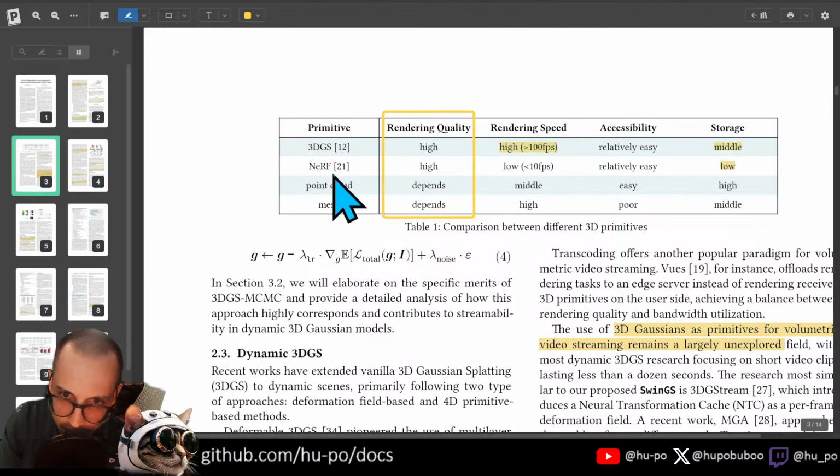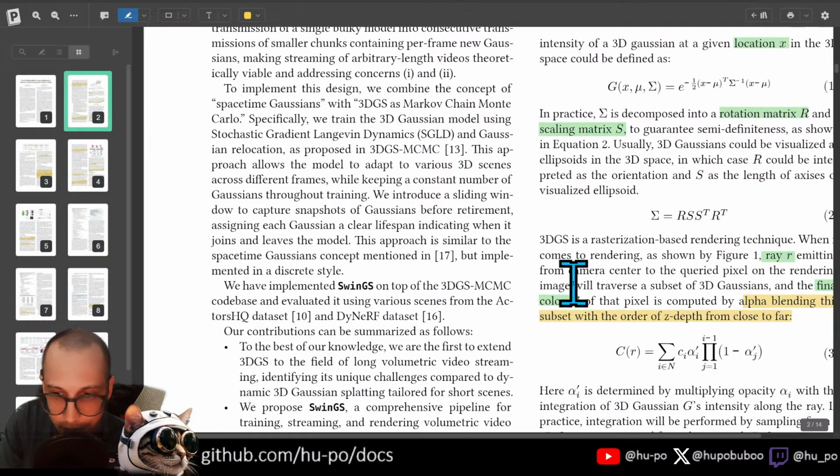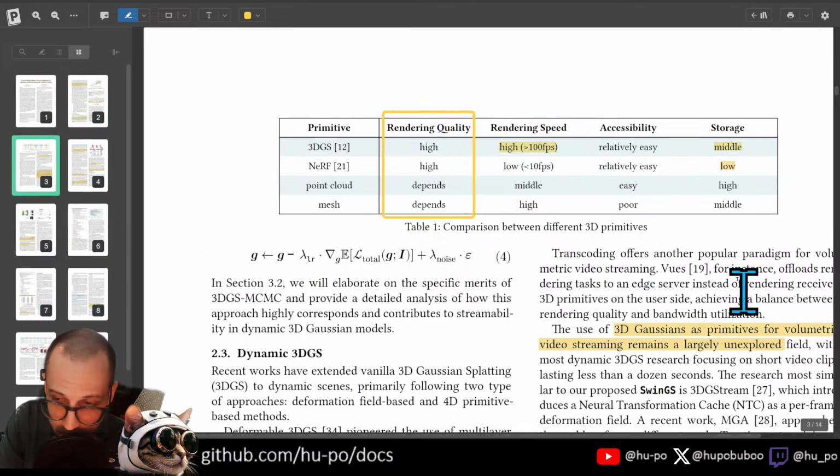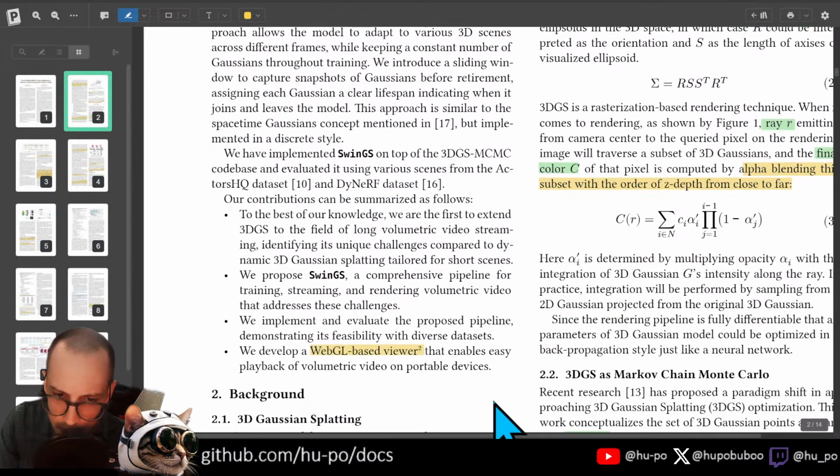So why is NeRF storage lower than Gaussian splats? Because NeRFs are basically this idea that you have a multi-layer perceptron that is storing all that information. So in a NeRF, all this information here, the covariance, center position, you're not explicitly storing that. You're implicitly storing that inside the parameters of a multi-layer perceptron. So a NeRF is actually the most efficient or compressed form of a 3D representation of a scene. But a Gaussian splat is more explicit because you're literally storing every single one of these little Gaussians, but that also makes it